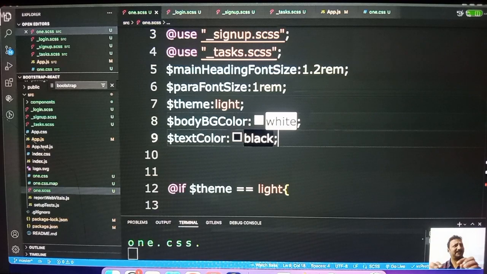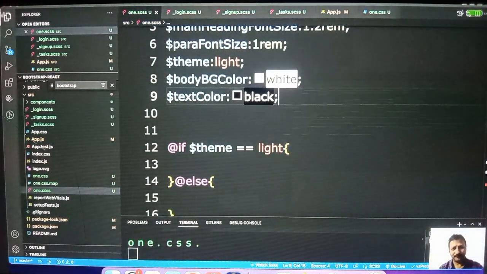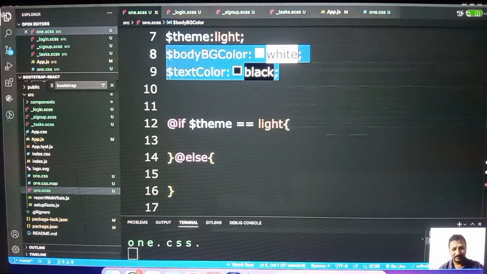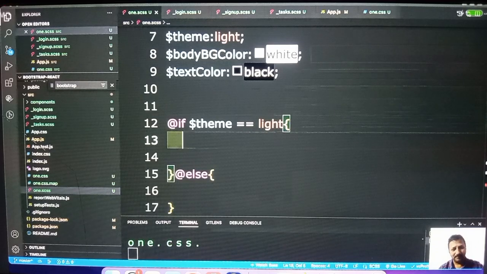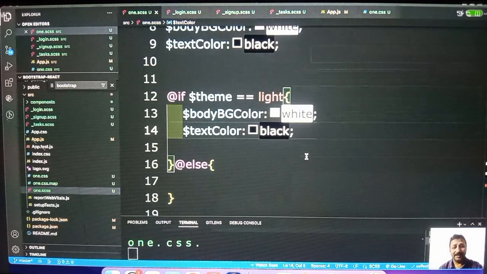Just basic variables I have created. Now if the theme is light, body background color should be a light color, text color should be black, else